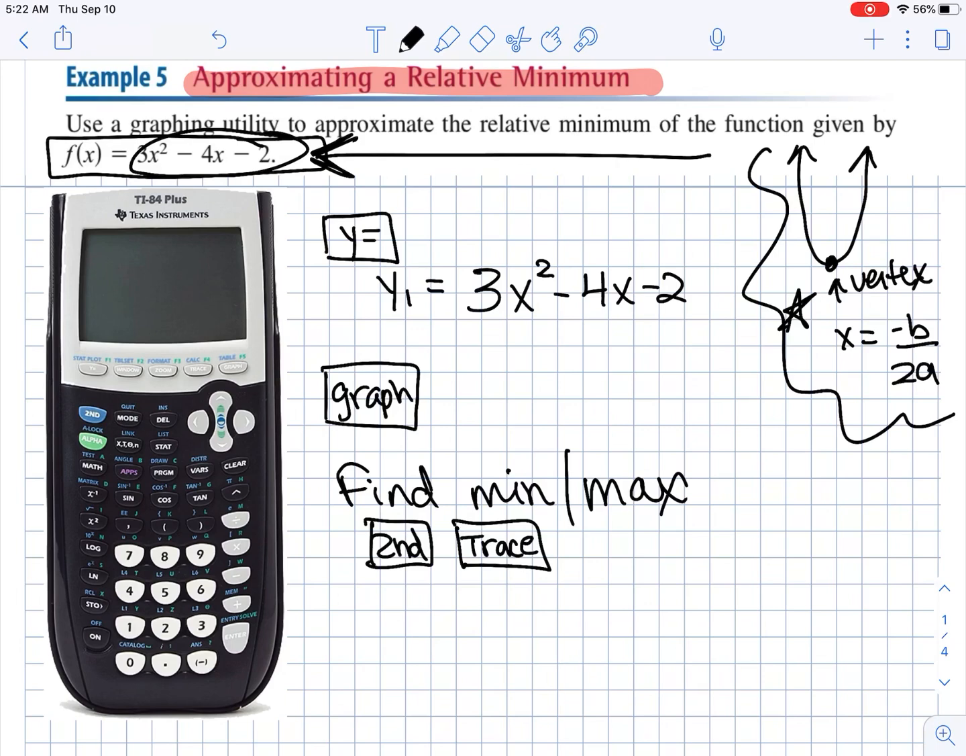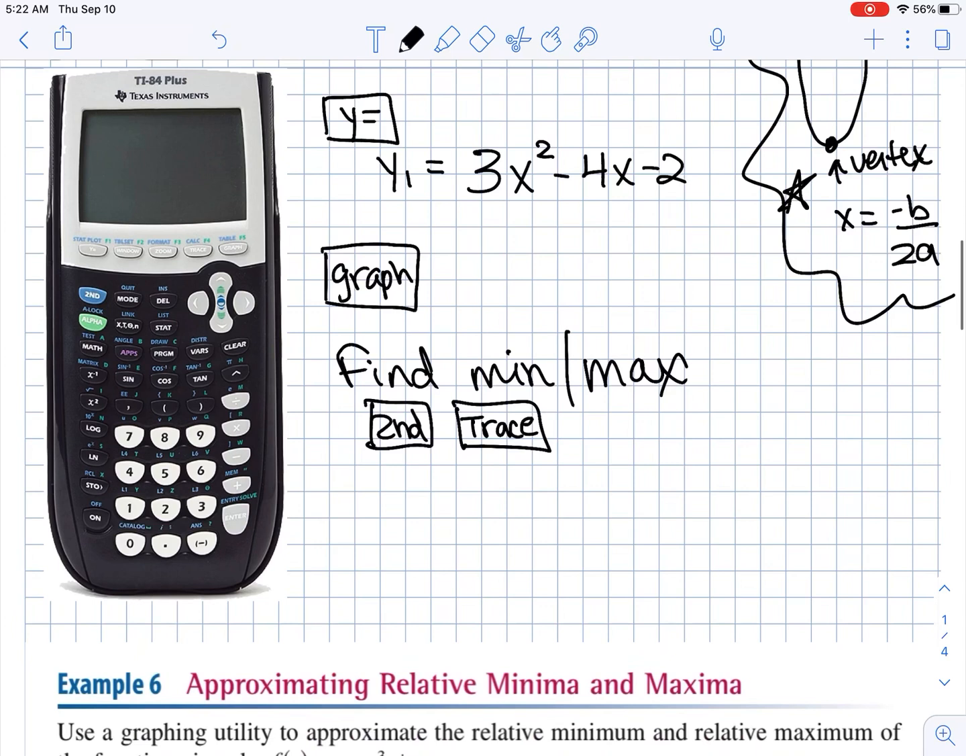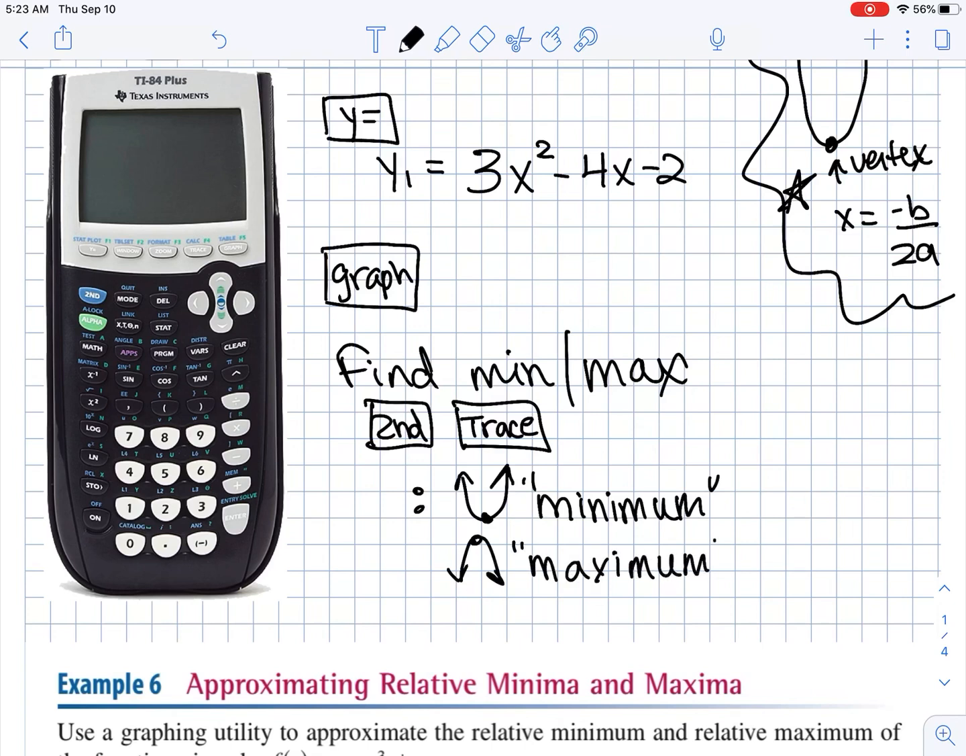And then you're going to find there's an option on there. I think it's option number 3, if I remember correctly. But basically there's an option, and depending on what your graph looks like, if it looks like this, you're going to be looking for the minimum. If it looks like this, you're going to be looking for the maximum, okay? So you're going to select that option,